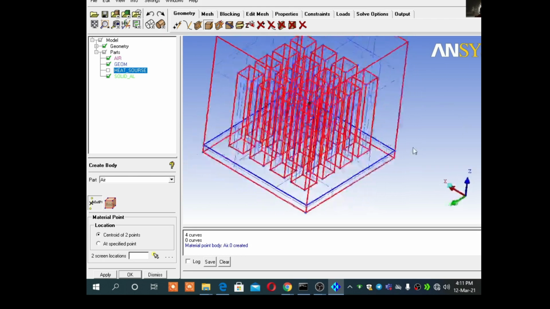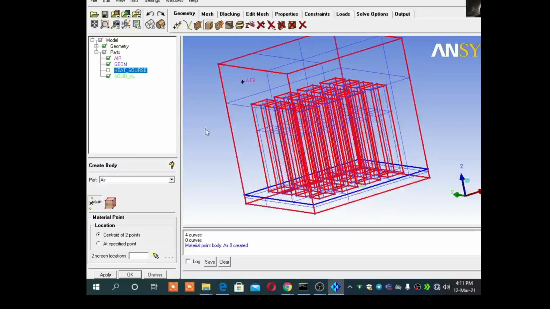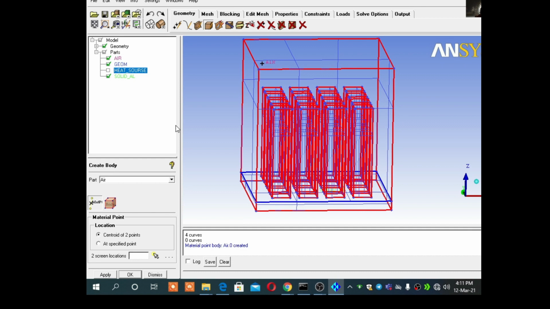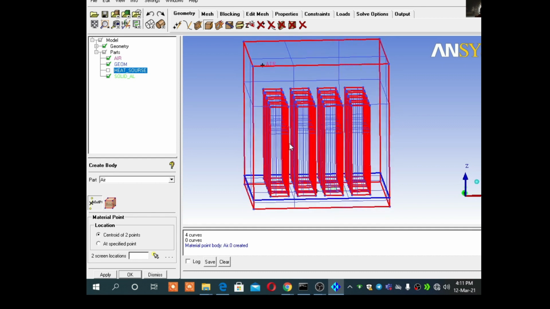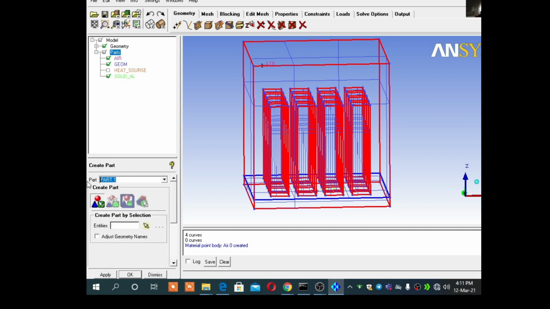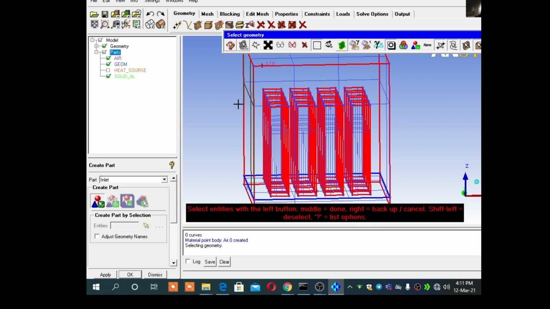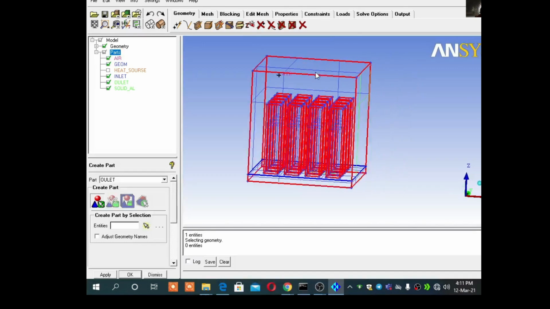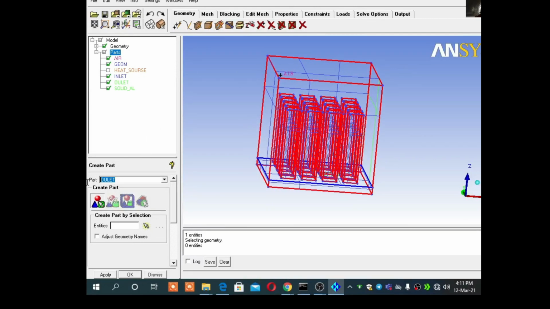That's why I have defined air, and we need to choose from which side air will come and from which side air will move out. I can assume positive x direction from which air will come. So I can say inlet at one wall, and outlet at another wall. Okay, so this is the way by which one can give, and I can say wall to the remaining part.